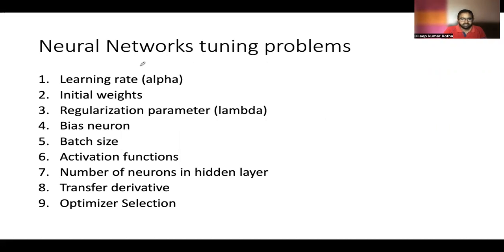So after writing the code for neural networks, the first thing I faced was how to choose the learning rate. As you know, with gradient descent algorithm, we move the weights by whatever the derivative we get multiplied by the learning rate. So I have to choose a learning rate which is not too aggressive as well as not too slow. So initially I searched online and I found the most normal learning rate used to be